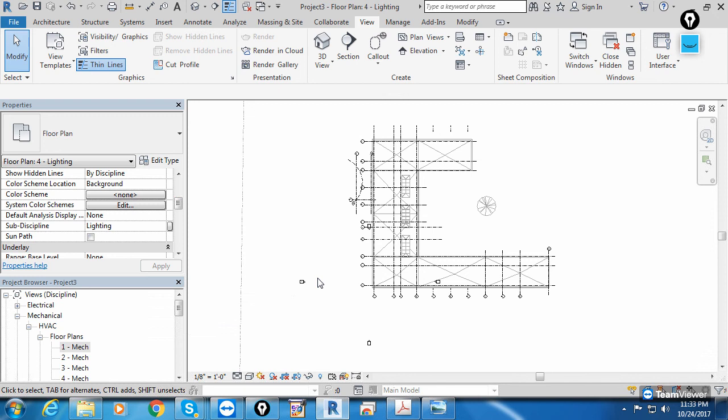So practice this. This is important because in actual practice, this is going to be the starting step to start the project. And till now we used the training file. So in the training file we got the ready-made views to learn the service designing, the system designing. But in actual practice, when you start the project, we'll complete this part first. So now if you want, you can open the first training file and continue with the same single file. But you must create the views as per the requirement.